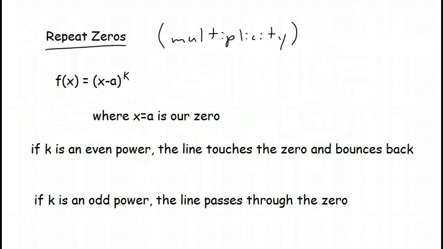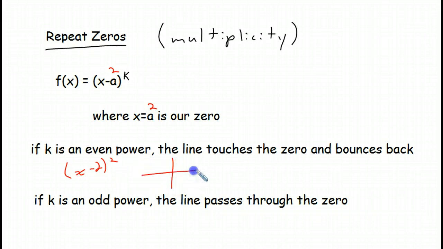The next thing I'm going to talk about is repeat zeros. Repeat zeros is when it basically just happens more than once. So if we have f of x equals x minus a, where a is some number, it could be 2, could be 20, whatever. And x equals a is our 0. Well, if we had x minus 2, then x equals 2 is our 0, or the point where it touches the x-axis. If k is an even power, so if we have like x minus 2 squared,